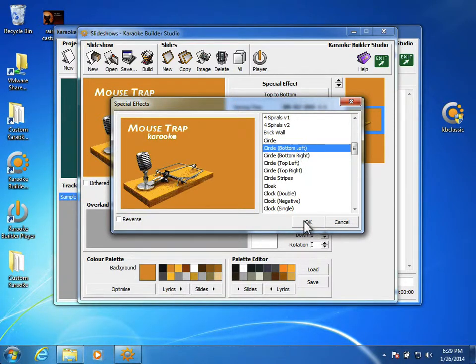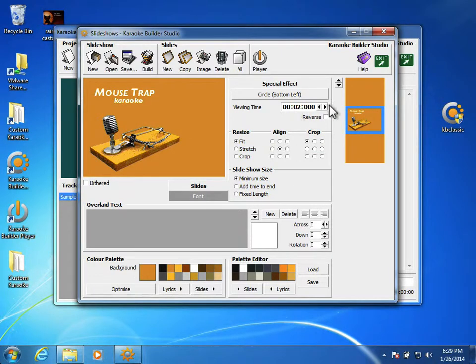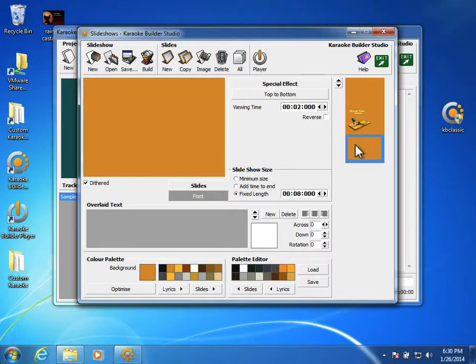Okay. So we'll go ahead and choose circle bottom left, and we'll click this to adjust our viewing time. So I'm going to do 4 seconds. And then the overall slideshow size I'm going to set to a fixed length. And for now I'm going to put 8 seconds. And then for our special effect for our second slide,